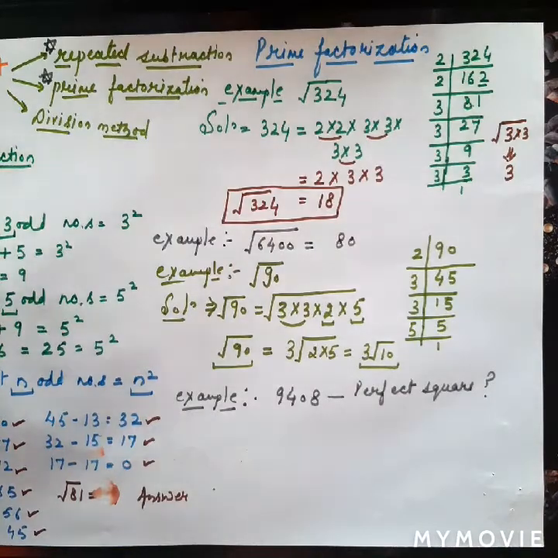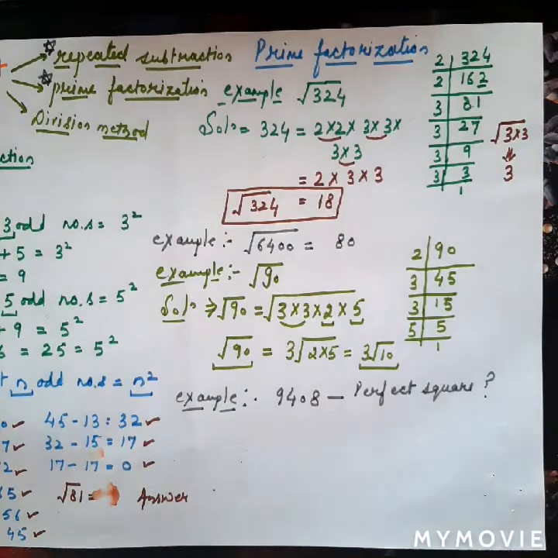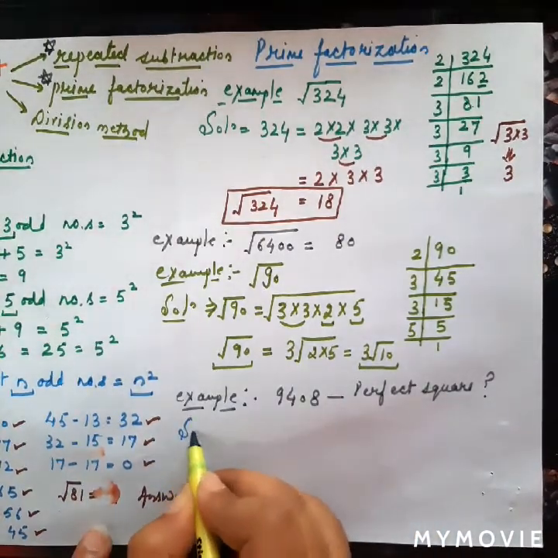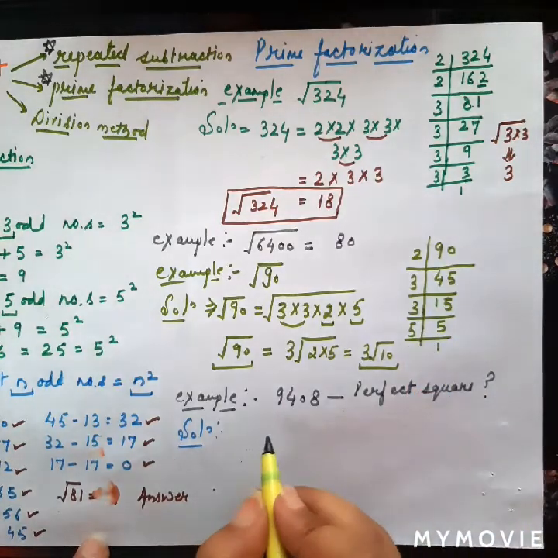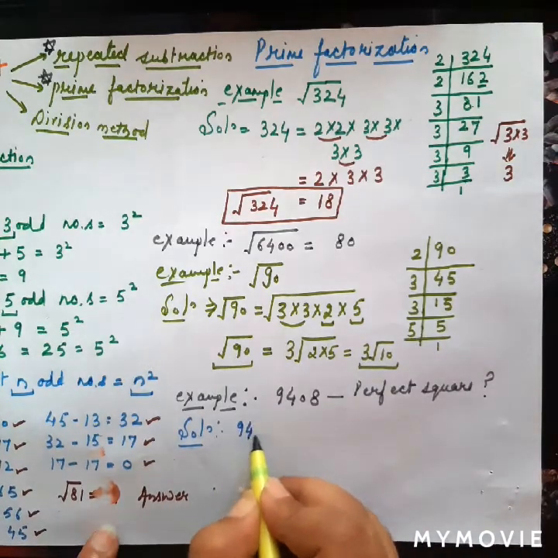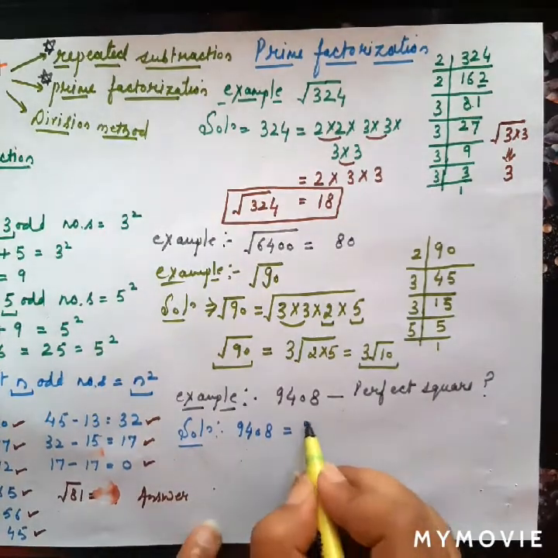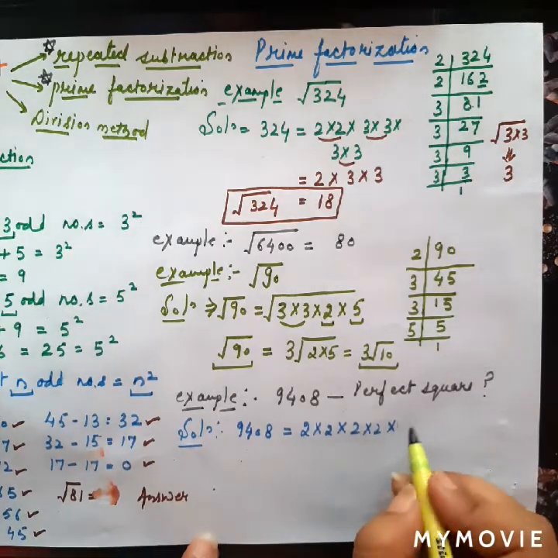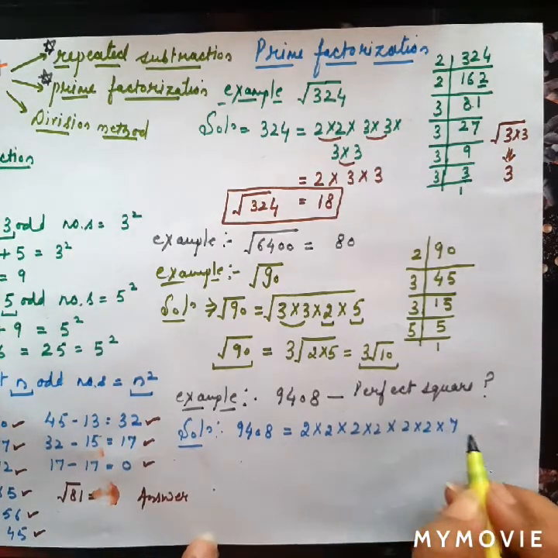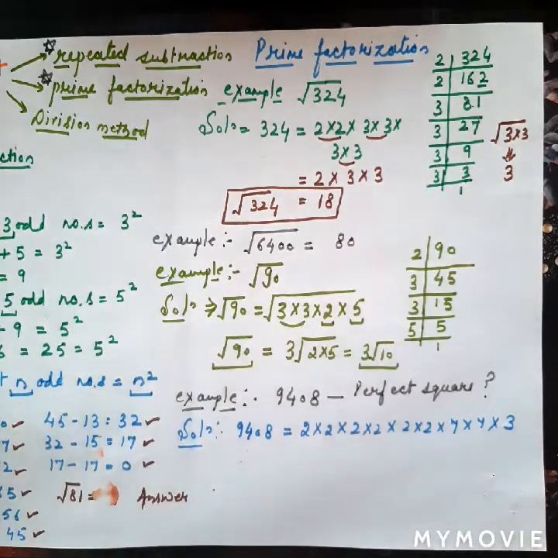These types of questions are very interesting and easy also, if you learn how to solve them. So first of all I will find the prime factorization. As you already know, this is the way to find prime factorization, and I am going to write simply the prime factorization of this number. I do not want to waste my time in finding this. This will be 2 cross 2, 2 cross 2, again 2 cross 2 multiplied by 7 cross 7, and last is 3. You can find it by yourself also.